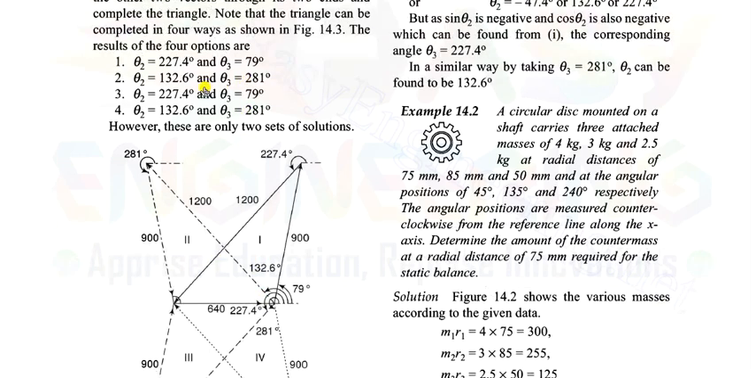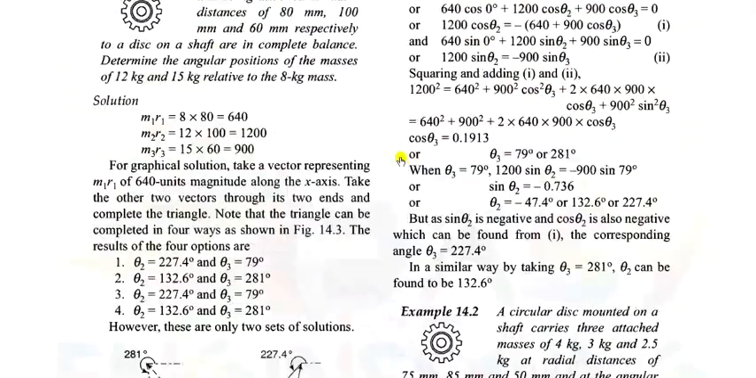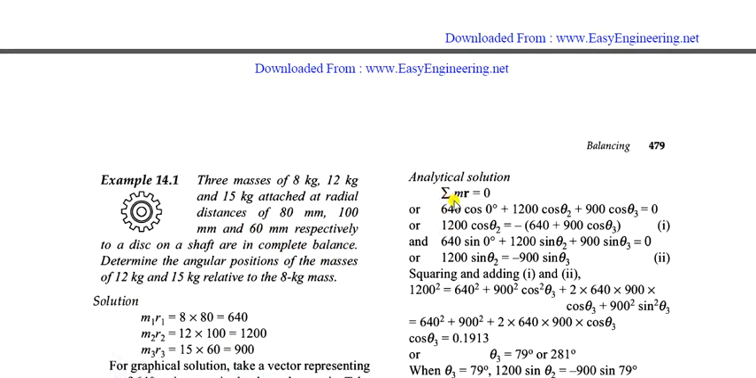What about M3? So this is M3 from horizontal, if you measure, it is making 281. So theta 3 is equal to 281 degrees. Okay, so like that we can do. This was the graphical method. And the analytical method, if you know the analytical method, as the given problem is already balanced, so